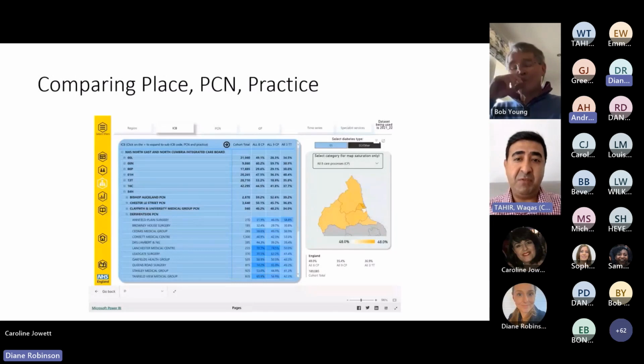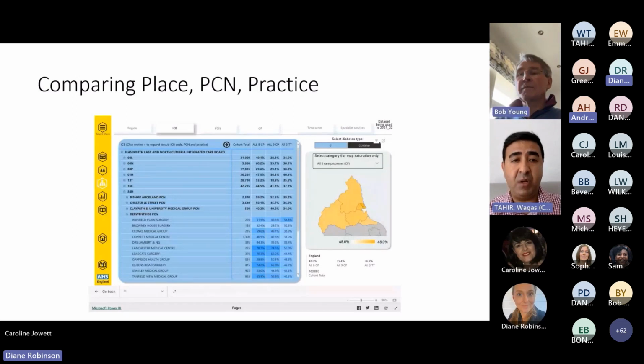I was just wondering, it might be useful to share or highlight how often the data is redistributed and what the lag is between the data, because obviously we're looking at slides for 21-22, and what's the data cut for the new data that we get. Okay, so